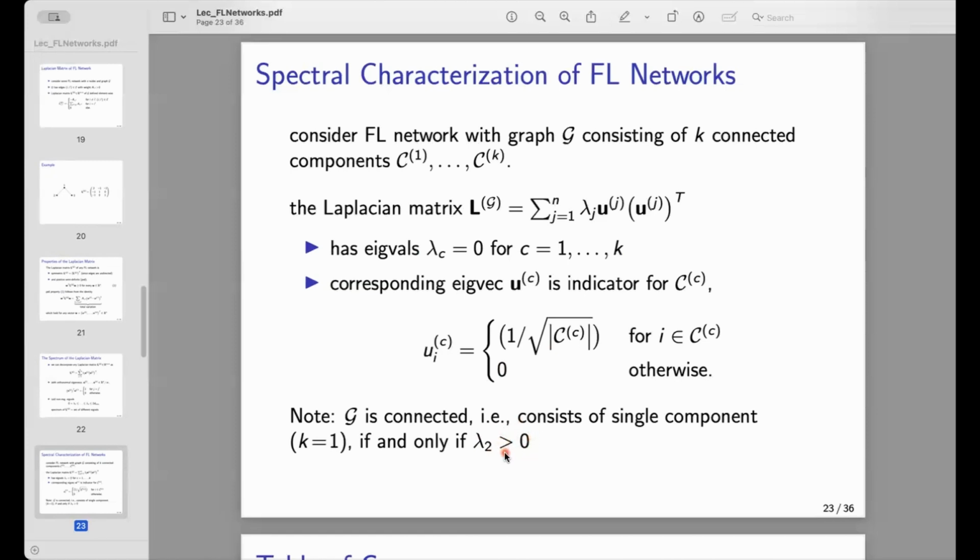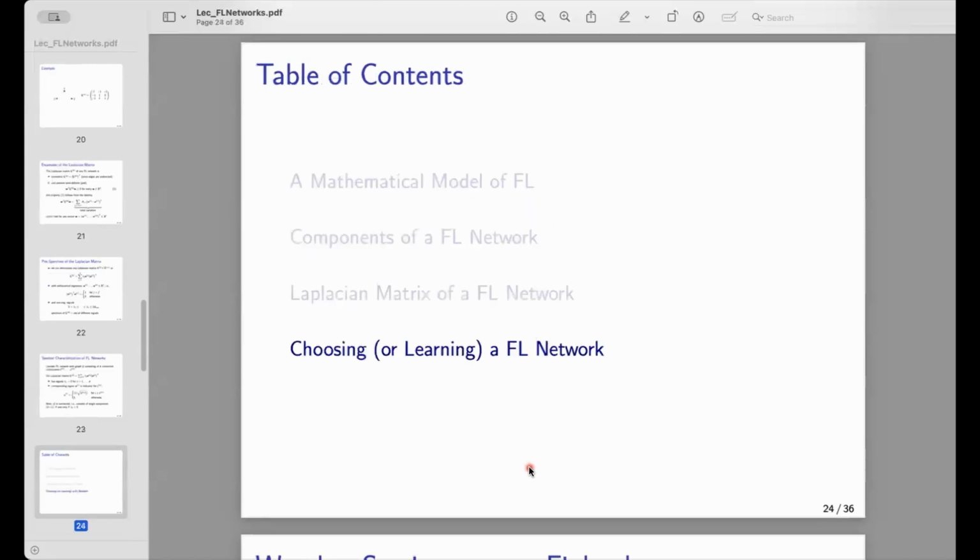This is one beautiful result of spectral graph theory: an undirected graph is connected if and only if this second smallest eigenvalue, lambda 2, is larger than 0. Okay,